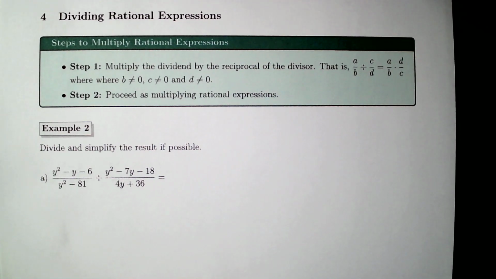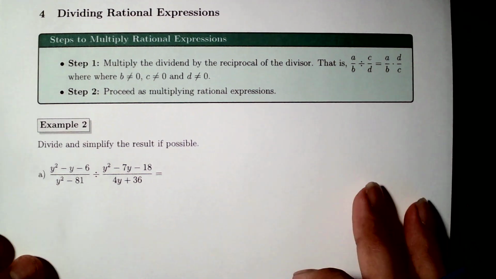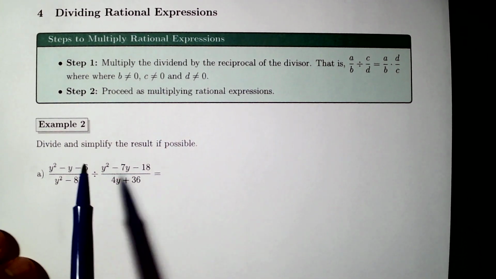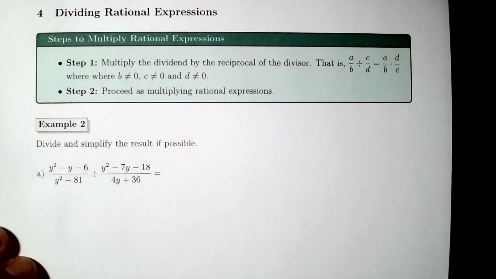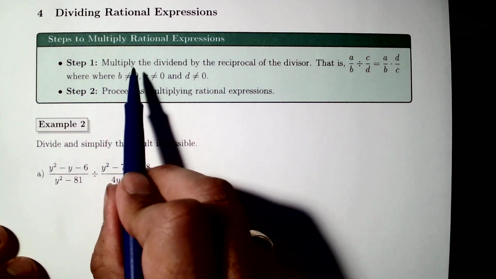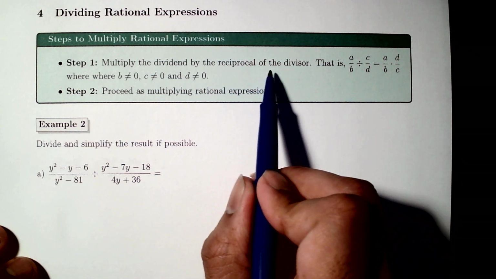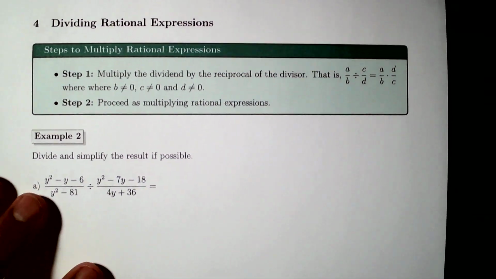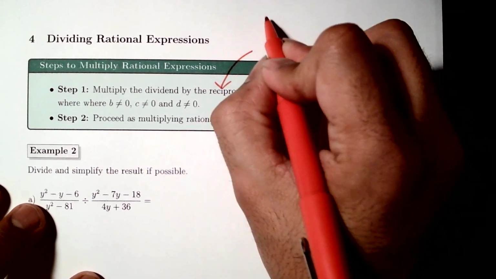Okay. Let's look at the last topic for this section. Okay. So let's see. Dividing rational expressions. To divide a rational expression, number 1, multiply the dividend by the reciprocal of the divisor. So in this case, I'm going to show you a new rule. In other words,